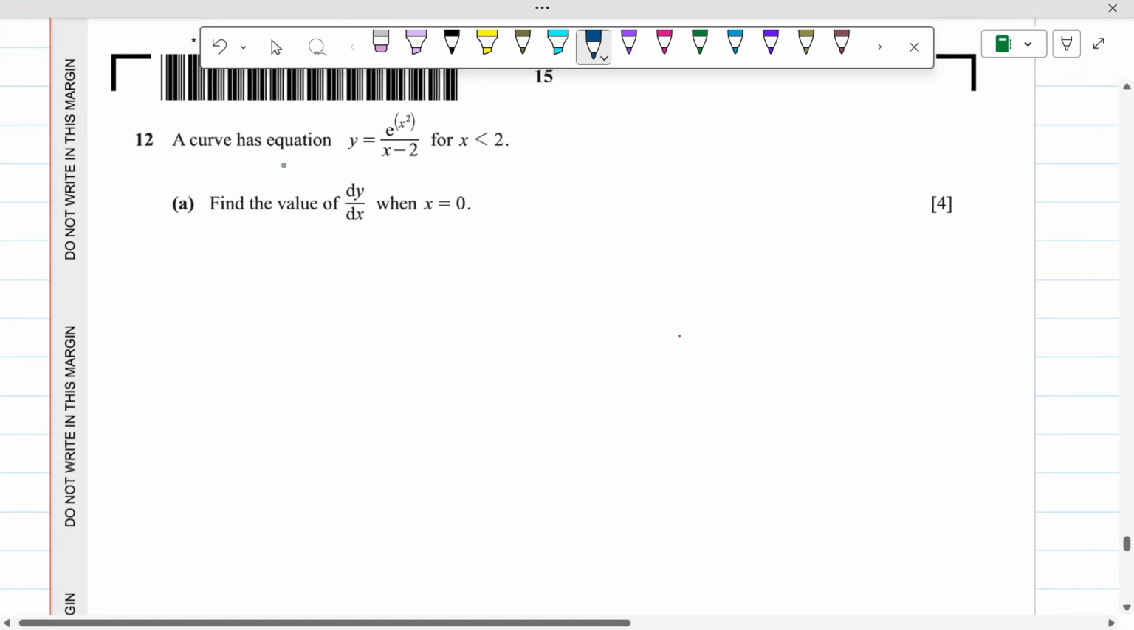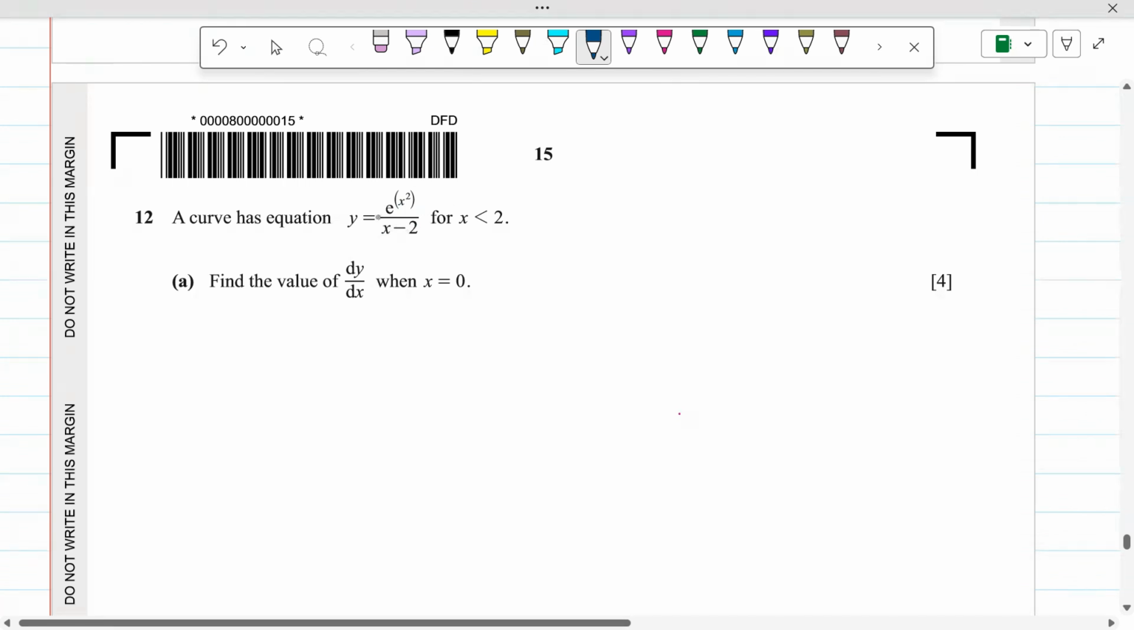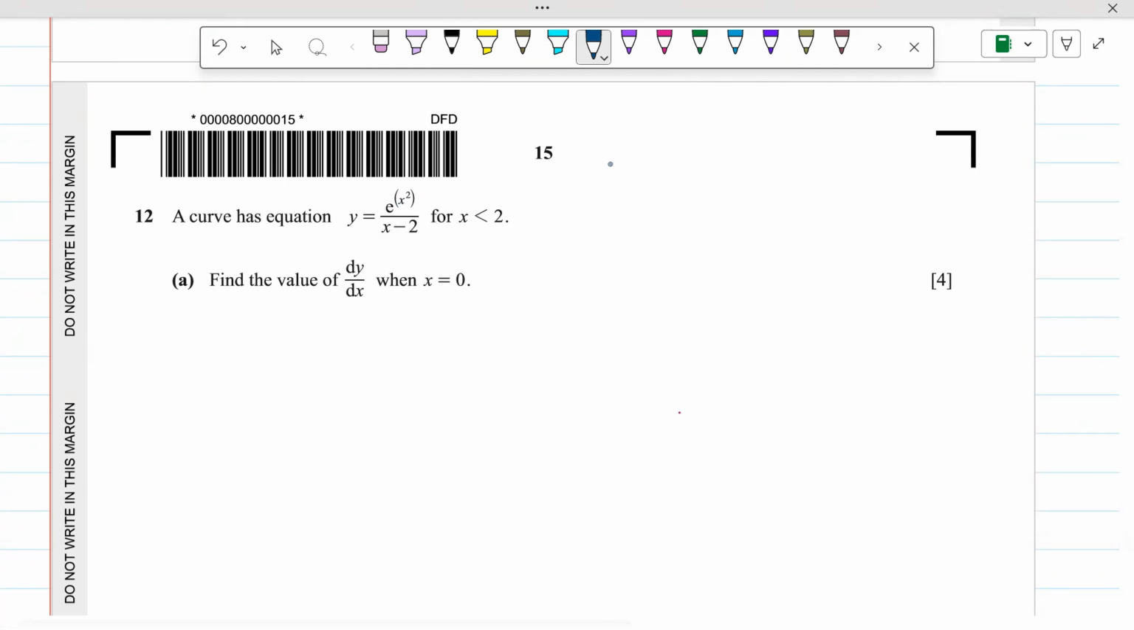Question number 12. The curve has the equation y is equal to exponential of x square over x minus 2, for x is less than 2. Find the value of dy over dx when x is equal to 0. We have given the equation of the curve, and we know that if we want to apply the derivative and the given